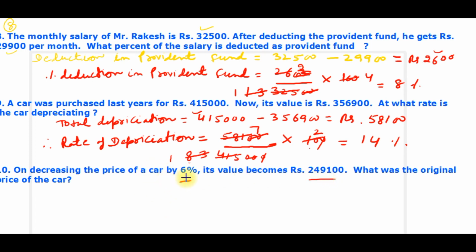So after decreasing, let the original price be 100%. After decreasing, 100% minus 6%, it will become rupees